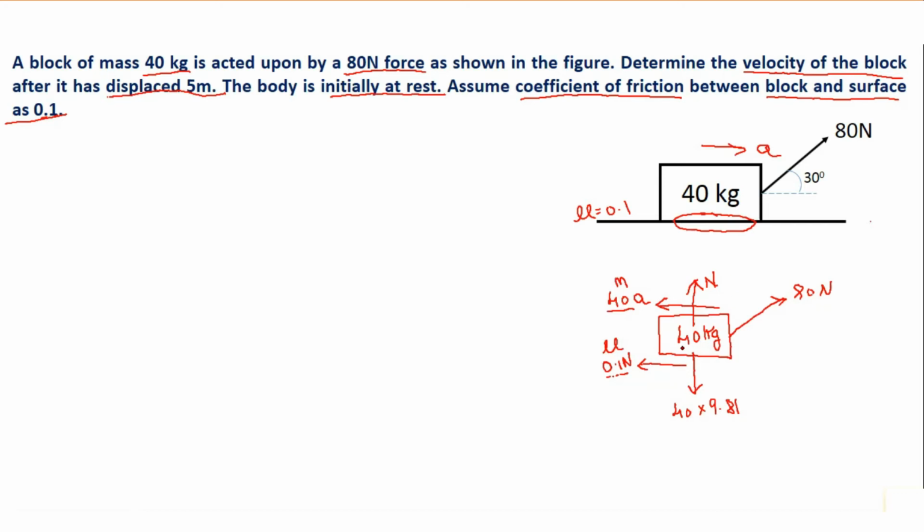So with this we have completed showing all the forces acting on the body as well as the imaginary force which is acting on the body to bring the body under dynamic equilibrium. Now next step is to apply conditions of equilibrium, but before that all the forces should be either in x direction or y direction. But this force of 80 Newton, which is applied force, is inclined 30 degrees from x-axis.